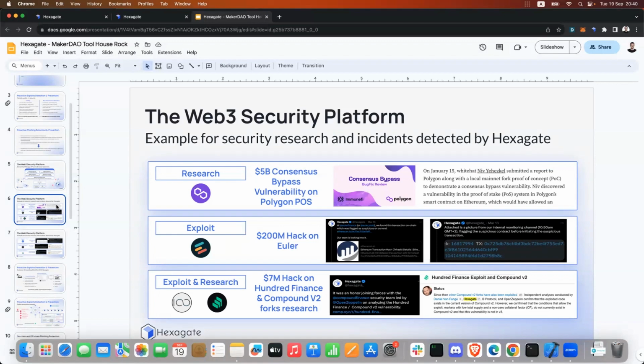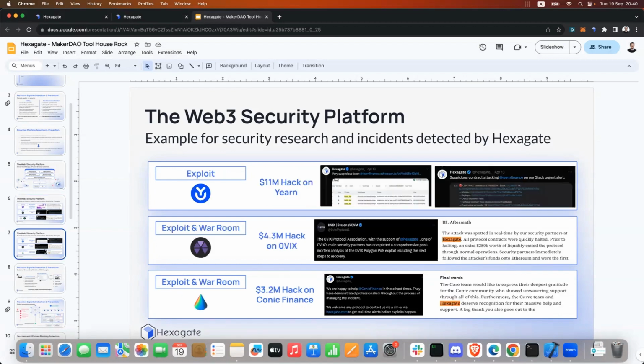On the Compound V2 side, we have been helping other Compound V2 forks and Compound to be aware of a big risk in Compound V2 whenever you open new markets. So we also educated some of our customers, which are Compound forks, and the community to open new markets safely.